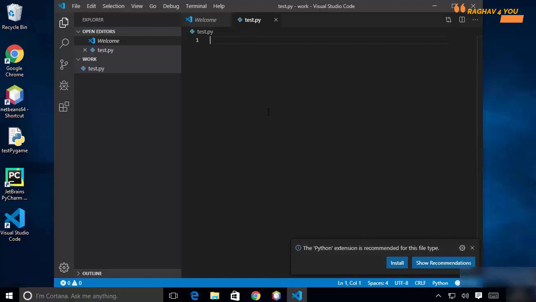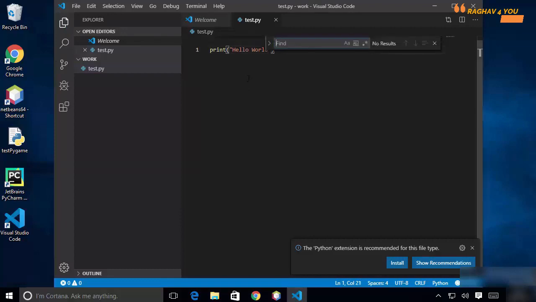So if you want to search in the file, for example, I'm going to just write print hello world, and then just press Ctrl S to save your content. You can press Ctrl F to find your stuff inside the current file. For example, I just want to find the print statement, so just type print